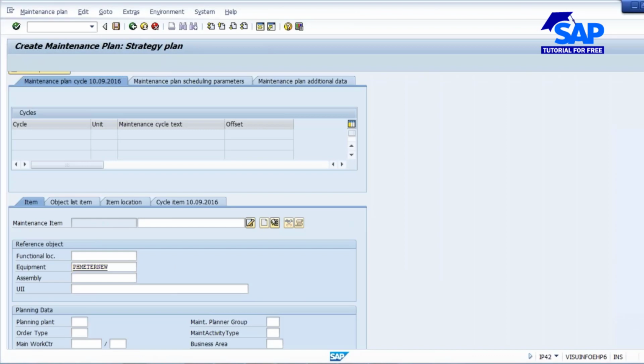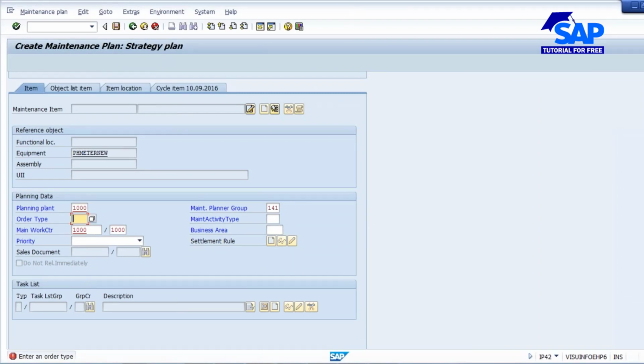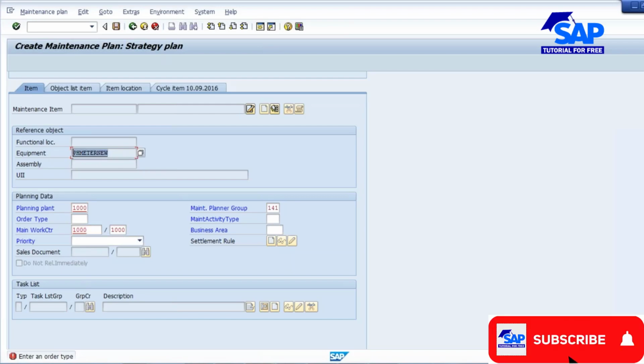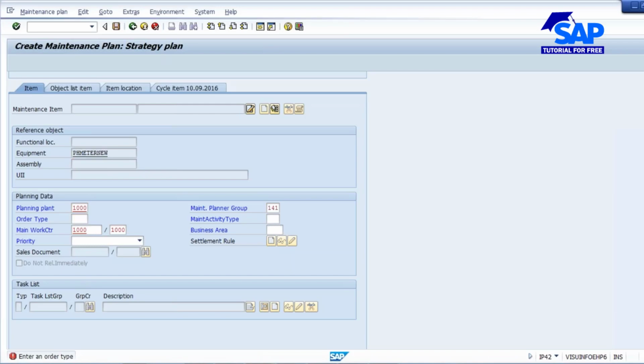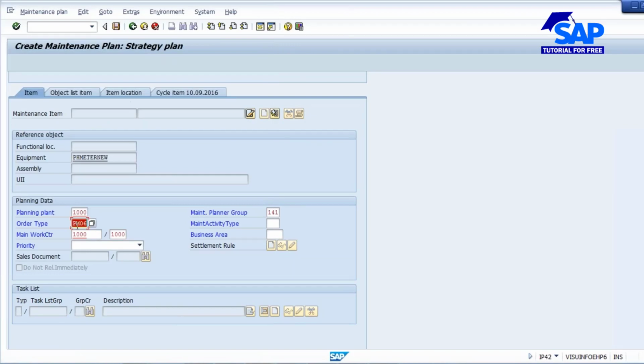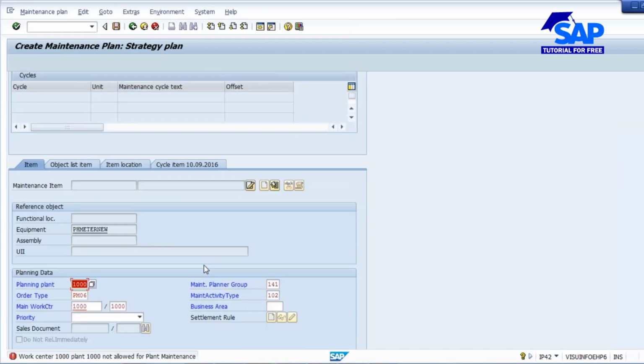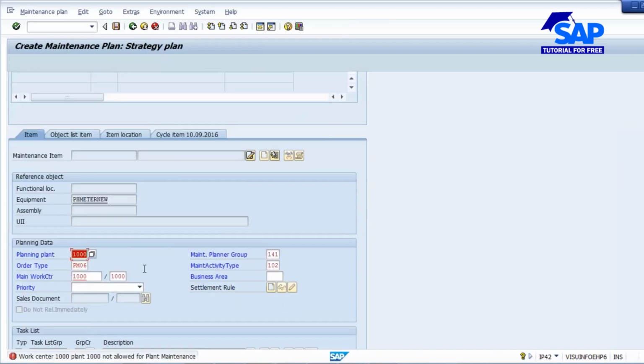Once you enter that, all the data from the equipment get copied to the order. Okay, so your maintenance planner group, planning plant, work center, all the data from the equipment master will get copied to the maintenance plan. So you enter your order type here. I'll enter order type PM06, calibration order. These orders are used in plant maintenance module. Accordingly, you need to enter the work center plant 1000, not allowed for